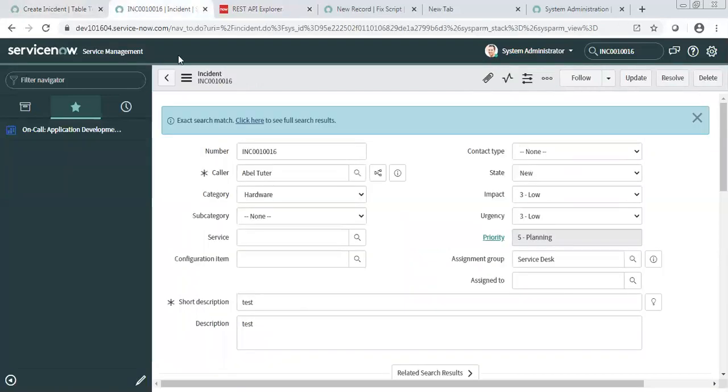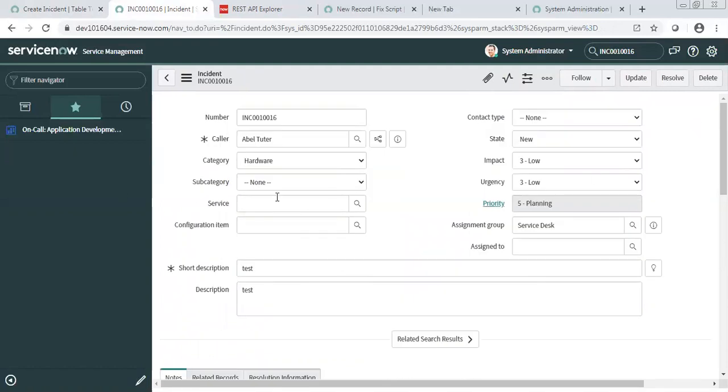So basically, there are many scenarios where you will get a requirement where the client, or we will say a third-party tool, is sending some data, but in ServiceNow we need to set some other data in our target table or target field.